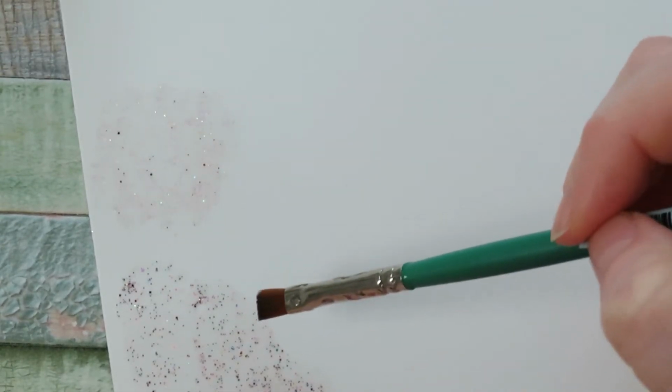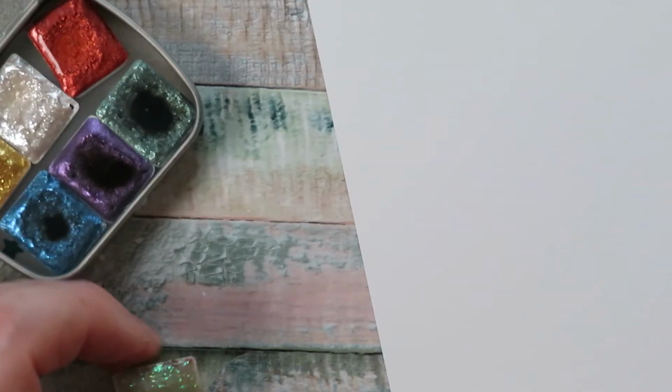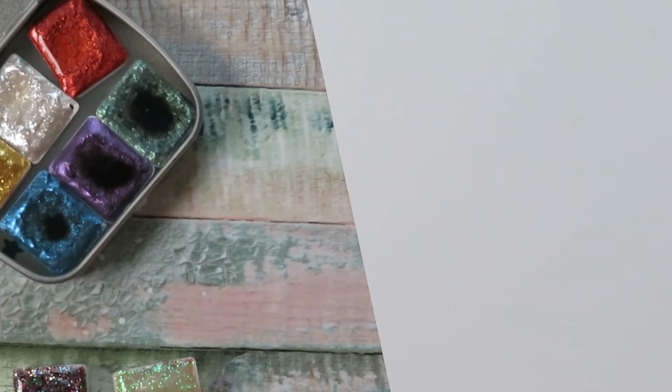But again, don't keep going back to your water, back to the paint, back to your water, back to the paint, because you will wash all the glue away and then it won't work, and it won't stick to the paper. So for the coarse glitters, I've got these two